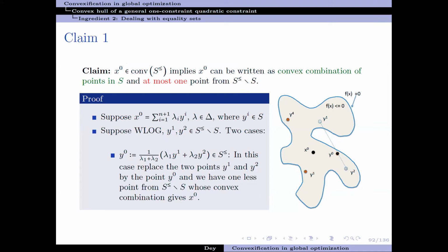What I'm saying is, since x0 belongs to the convex hull of S less than or equal to, now consider the set of extreme points of this object, the convex hull of S less than or equal to. I'm saying the set of extreme points is contained in S, because S is like the boundary of S less than or equal to. So if you have boundedness of S less than or equal to, you don't even need this clause that at most 1 point. But if you don't have boundedness, then yes, apart from the extreme points, you need...